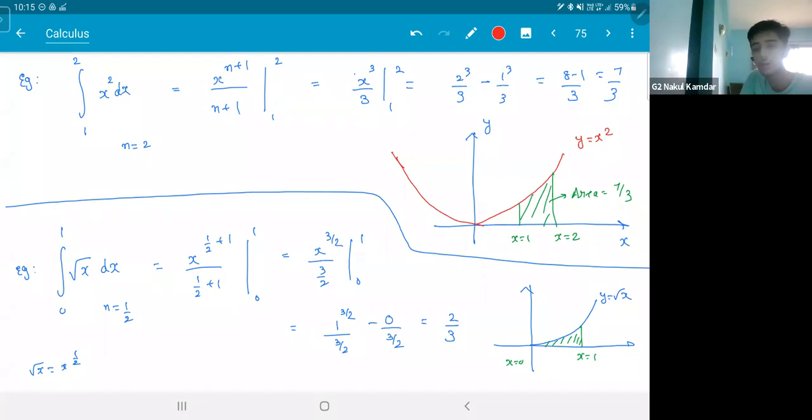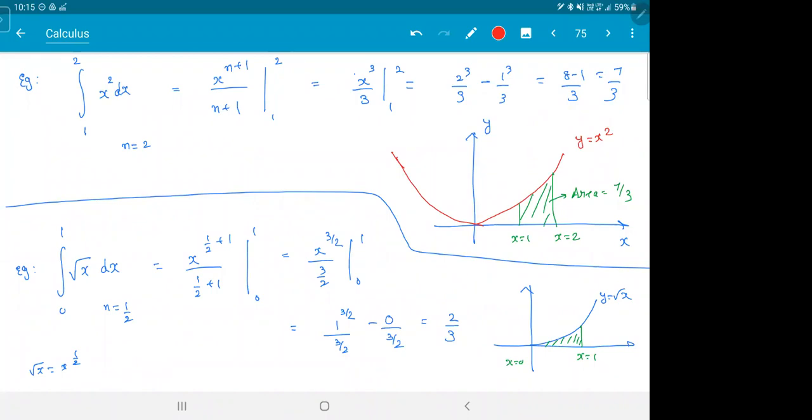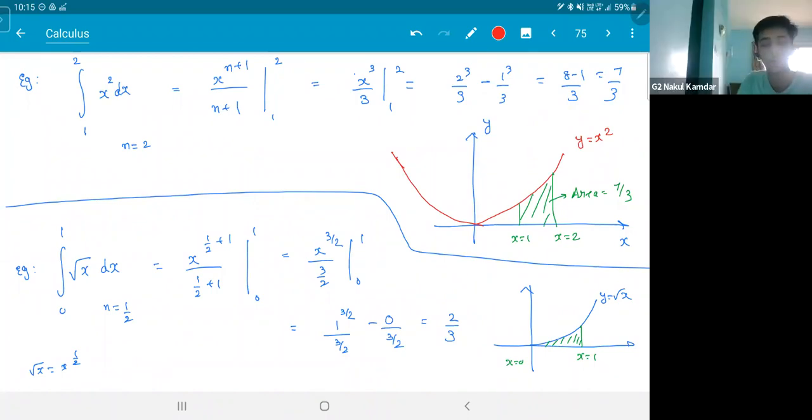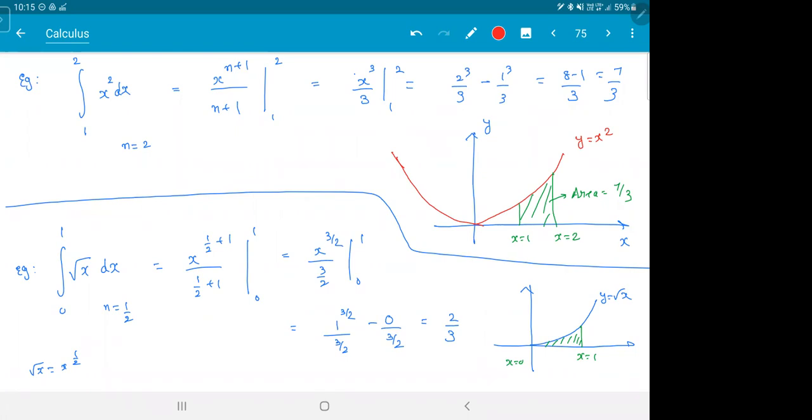So all the differentiation and integration we do is theoretically correct, but on paper, if you want to prove it, you can't prove it. Because when you actually try to calculate the area, you'll get pretty close to it. And that is actually your limitation. Your equipment is not good enough.